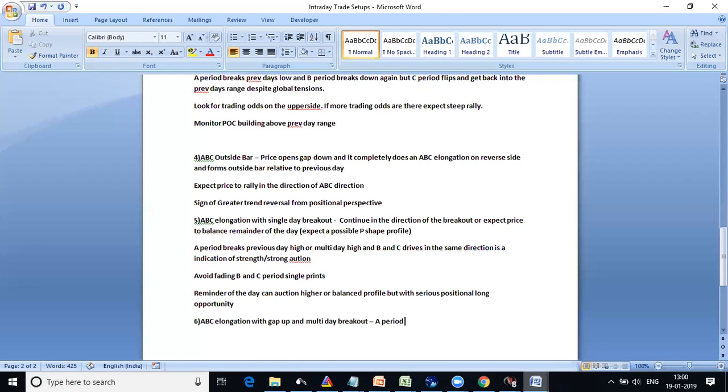A period comes with a strong drive, taking multi-day high, and B and C period continue. Again, a similar continuation. C period continues. In that case,